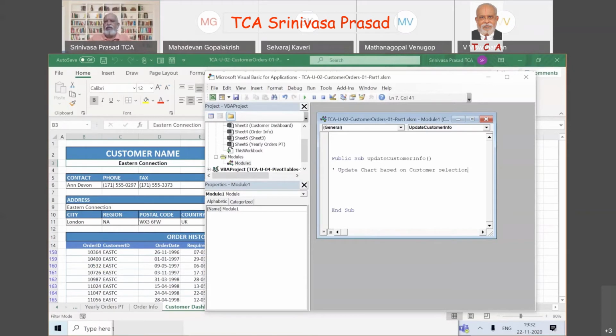So you are telling yourself or anybody who is going to go through it that this particular subroutine, update customer info, is going to update the chart based on customer selection. That is what you are going to do, no? Okay, fine. This is what we are going to do.